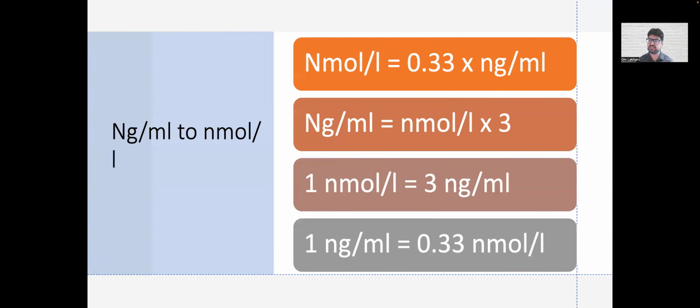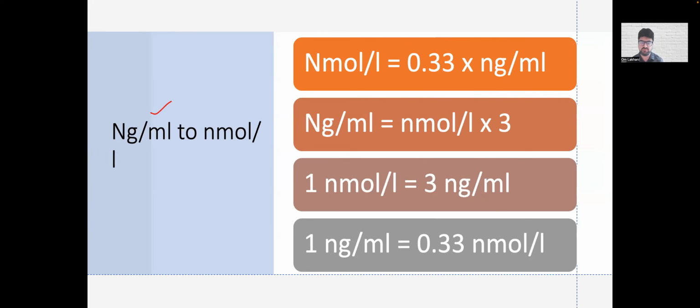But before that, let's talk about the units again. Now, when we measure C-peptide, you can measure in two ways. Either you measure it using nanogram per ml or you measure using nanomoles per liter. How do you convert this? You need to first talk to your lab what results are being given to you. Our lab gives the values in nanogram per ml. So for the rest of my presentation, I'm going to talk about nanogram per ml and not nanomole per liter. But I understand some of the labs may be giving results in form of nanomoles per liter. So you need to interpret the results based on how your labs are going to give you.